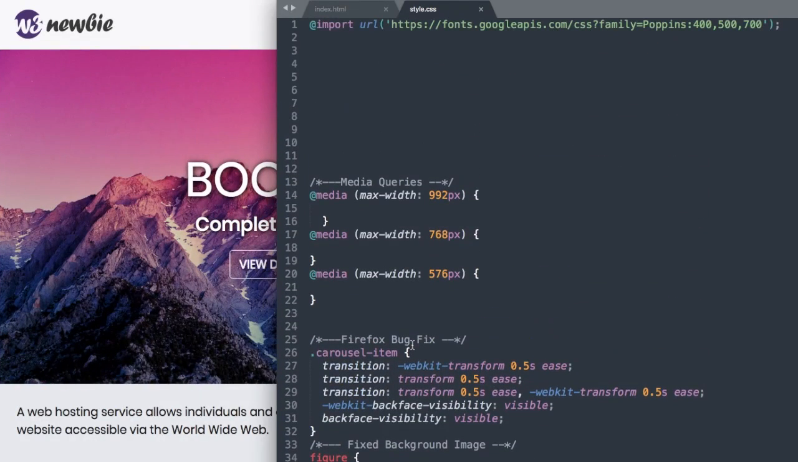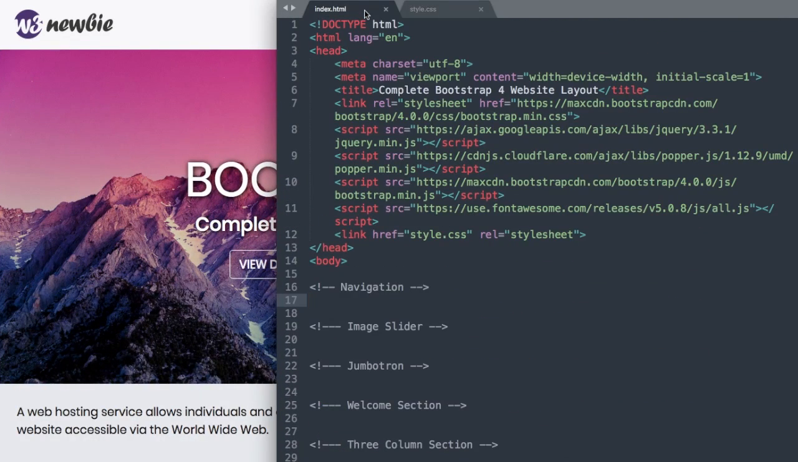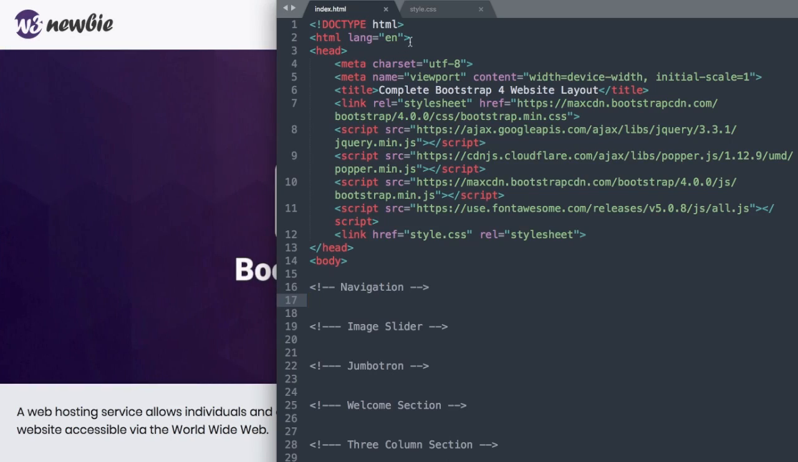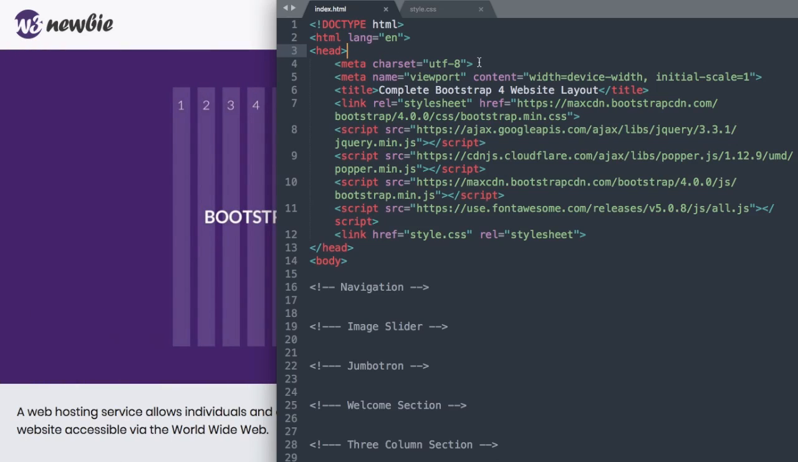Okay, so we'll be referencing that throughout the tutorial. Let's go over to index.html now. So from the top we have doctype HTML, then our language English, then inside of our head section we